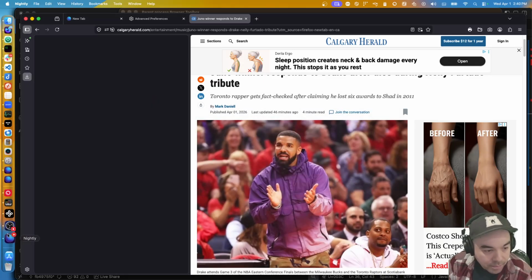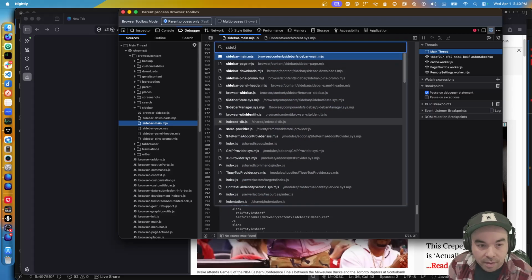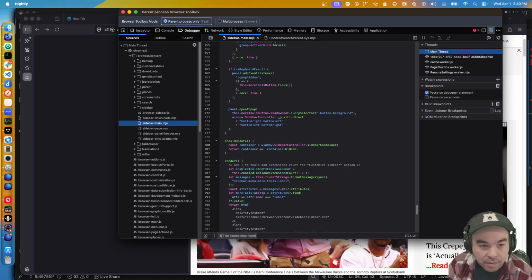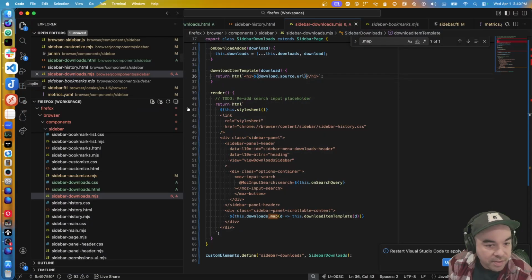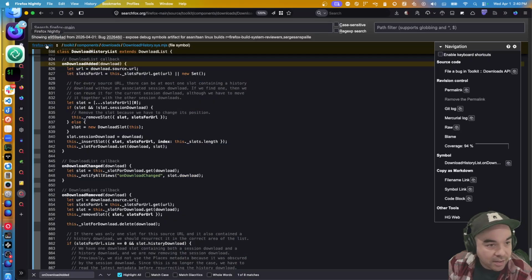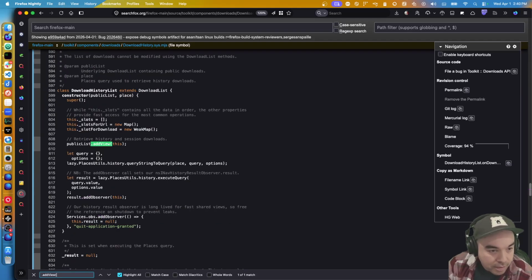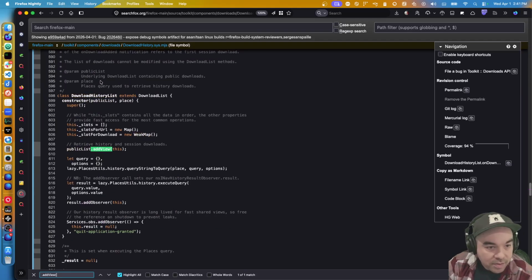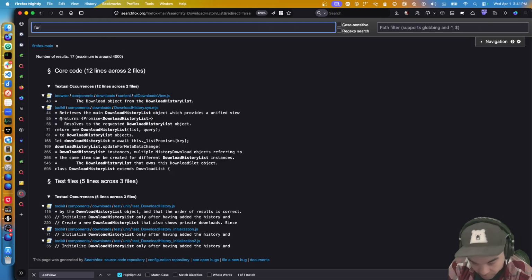And if we open up the DevTools, sidebar downloads, let us. Oh, we never added ourselves as a view. That's why. Okay, so now I need to add ourselves as a view. Public list, constructor download history list. What we're gonna do is for add view,